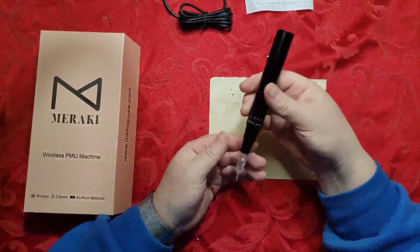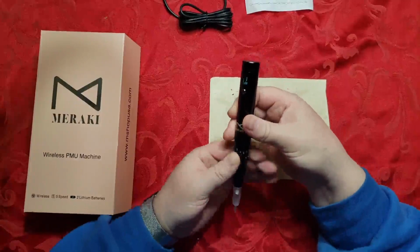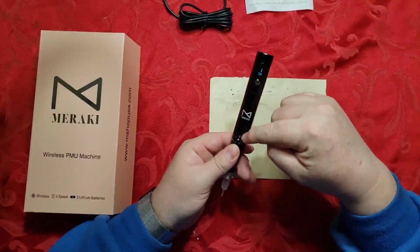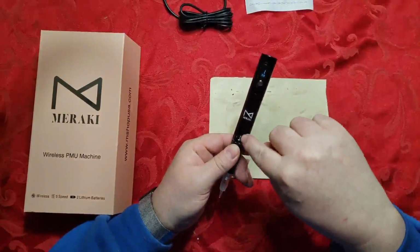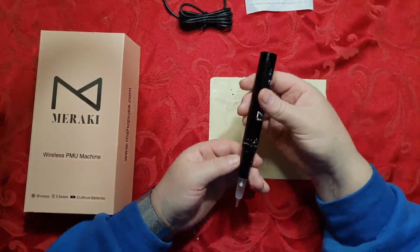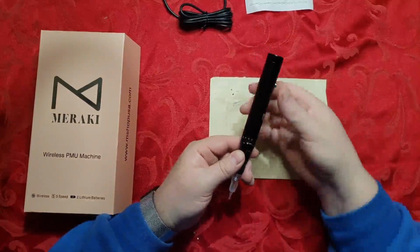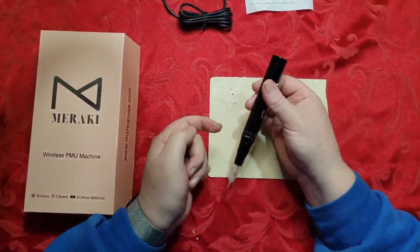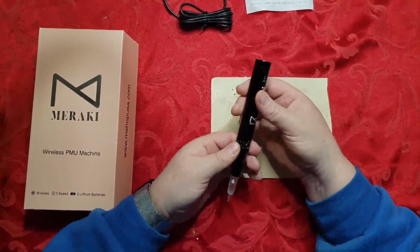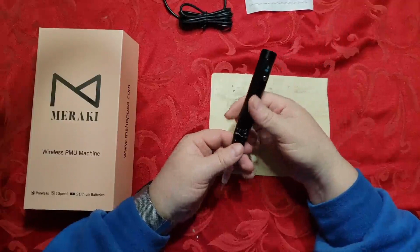And to change the depth of the needle, let me show you really quick. What I've done is I put a little mark here so you can see in the camera how these line up. So this is the top half, this is the middle ring. So right here, if you're going to make the needle longer, you're going to turn it this way. If you need to make it not as deep, or shallower, you go this direction. So suppose we can make it longer. Oh, actually, this is probably as long as it can be, huh? No, it's shallow. Anyway,